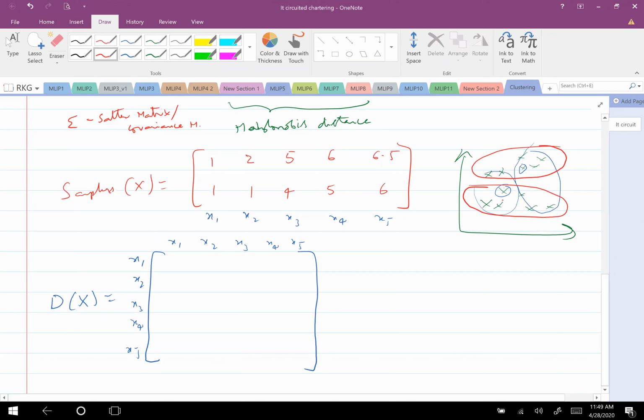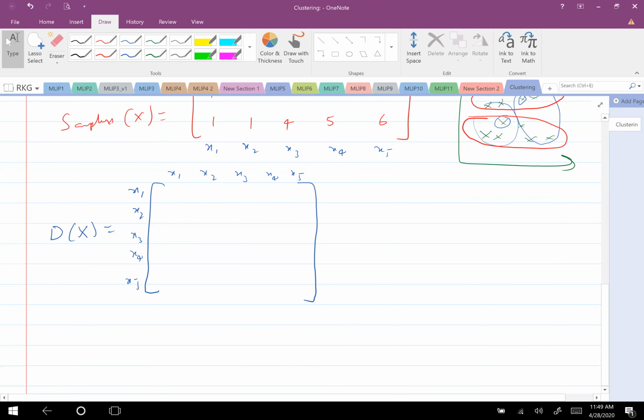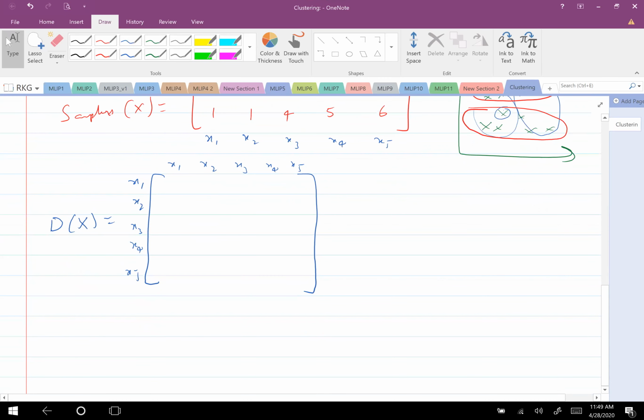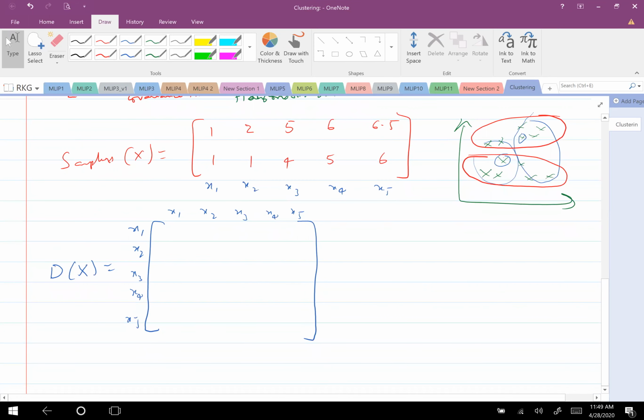So Euclidean distance clusters are somewhat different from Mahalanobis distance clusters. Which is better depends upon the application. The variance of the samples is also taken into account in Mahalanobis distance, so it clusters like this, whereas Euclidean distance may cluster like this. So based on the dissimilarity measure, the clusters will be different. Similarly, based on the similarity measures, clusters will also be different. Now I will give you the values of distances as well, and I want you to come up with the clustering mechanism.